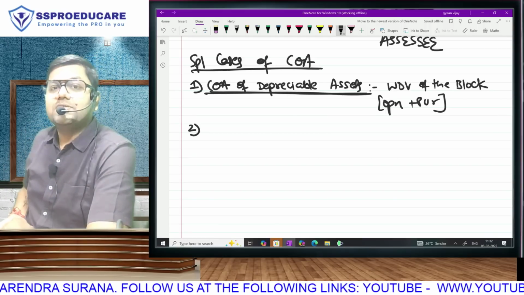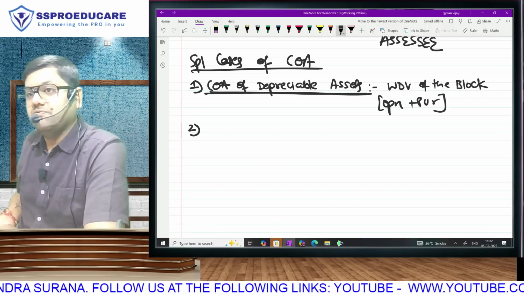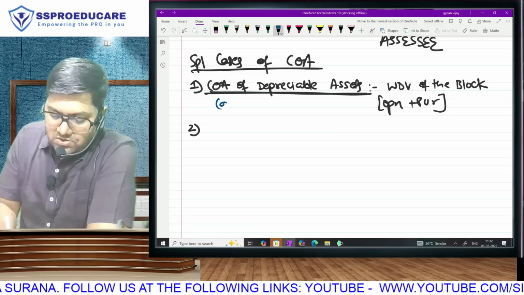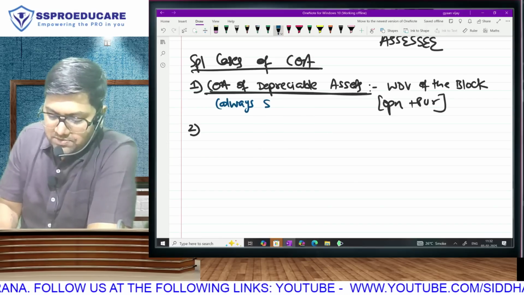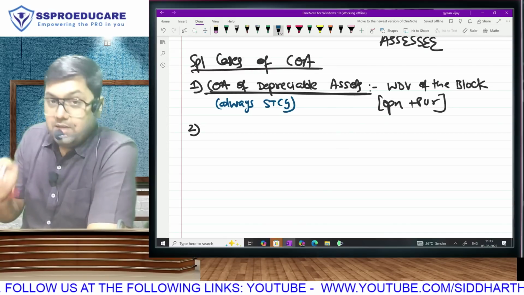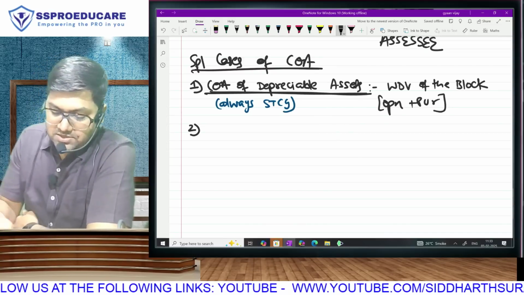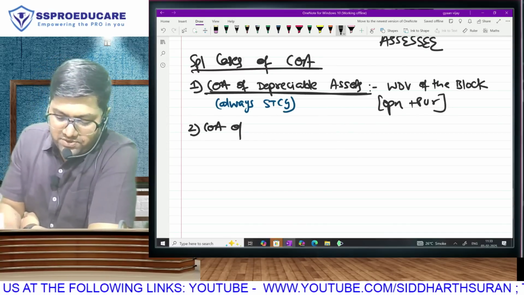Cost of acquisition of depreciable assets. Now we also know the deeming fiction of why it is always short-term capital gain. Fantastic. I'm not doing the first point now, as you are aware. Next. Cost of acquisition of something called